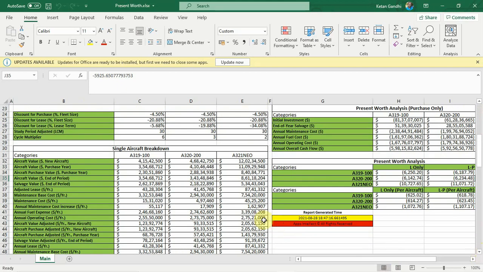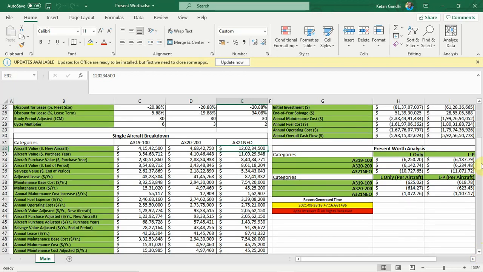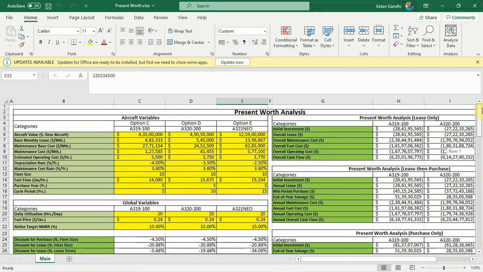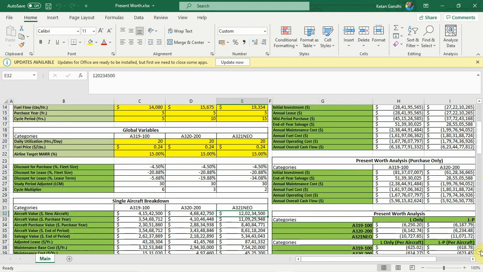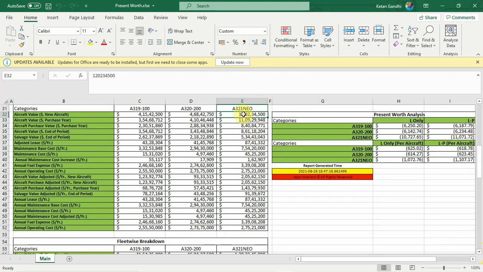breakdown. We'll see the aircraft. We'll just focus on the A321 Neo, so we'll get an exact understanding of this particular calculation. Here if you look at it, the 125,900,000 was the purchase, a new aircraft was purchased. So when we do this particular breakdown, we apply the discounts here. So the new aircraft which has got the discount will be around 120 million, and then this aircraft value